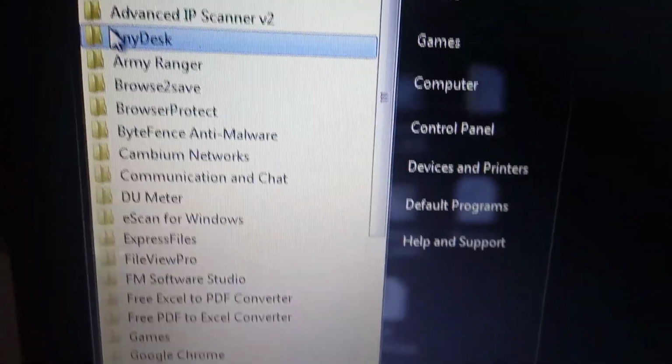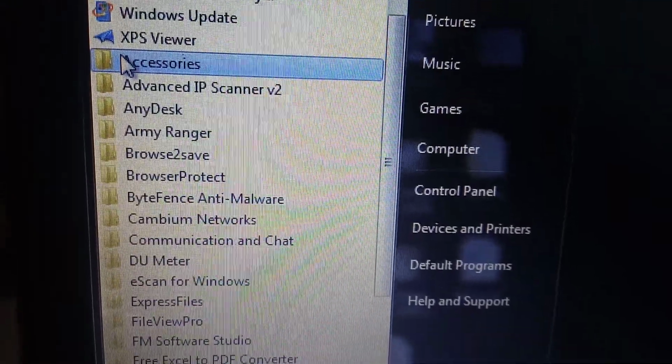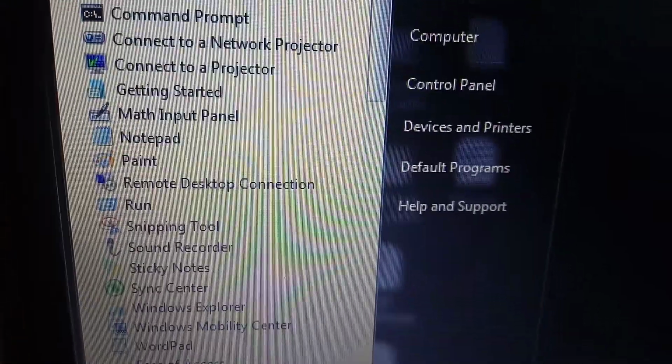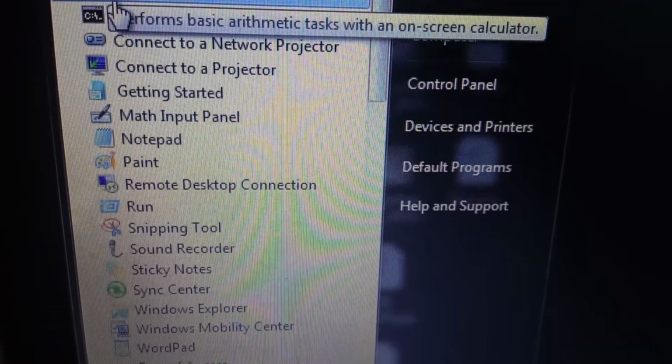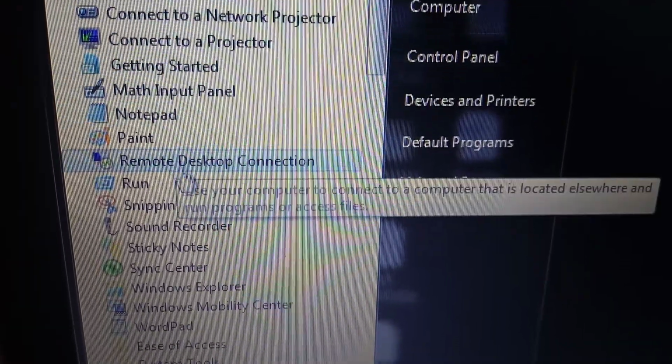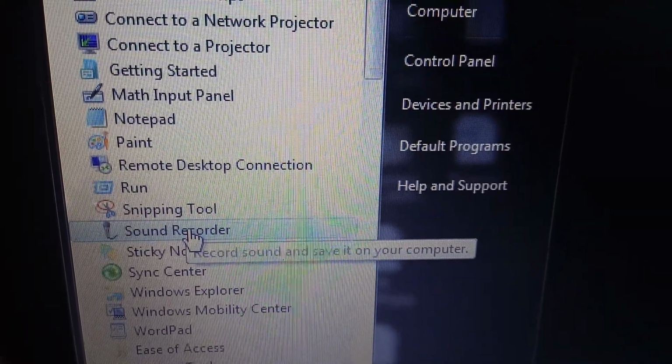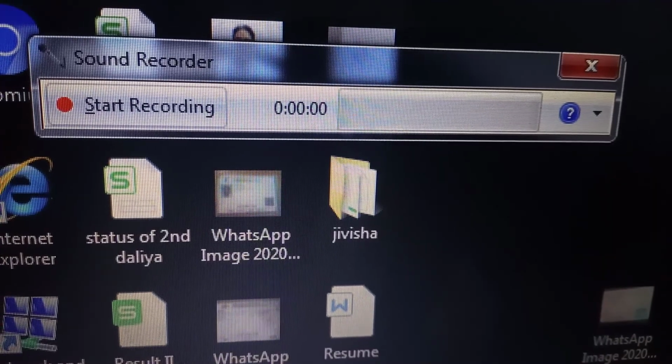You can see the All Programs menu appears. After that I will click on Accessories. The Accessories menu appears. Then you can see the Sound Recorder here. This is the Sound Recorder. When I click on that, then you can see the Sound Recorder.